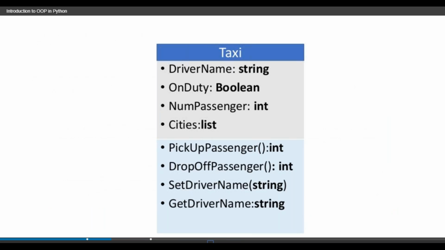This is called a class diagram. So how to create a class diagram for a bus, right? You can write down: driver name is required, on duty, number of passengers, number of pickup points, not cities, pickup points. Okay, pick up passengers, drop passengers, set driver name, get driver name. This is enough for a bus.